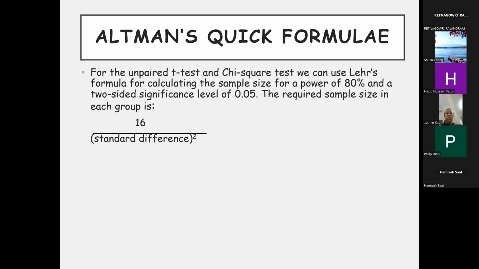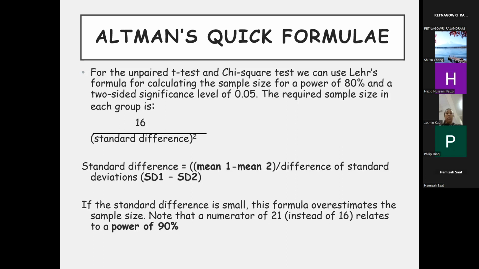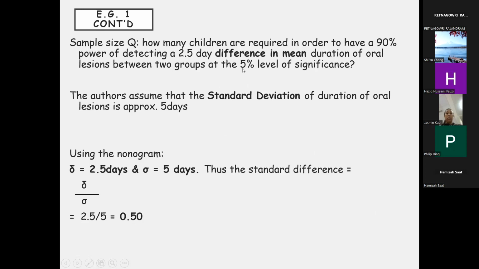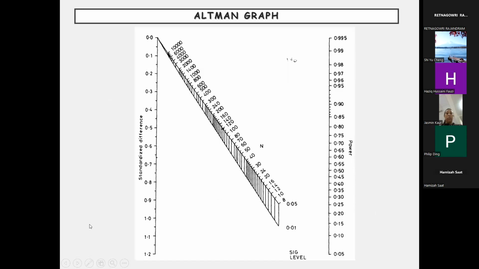So this, I'm not going to go through, because I don't think anyone's doing RCTs, but this is an old school formula which was created a long time ago by a statistician when you are looking at RCTs and just comparing two groups, whether it's a t-test or chi-square. You either have the mean value and standard deviation value, and then it's calculated. Based off that, using the formula, it will come up with a standardized difference.